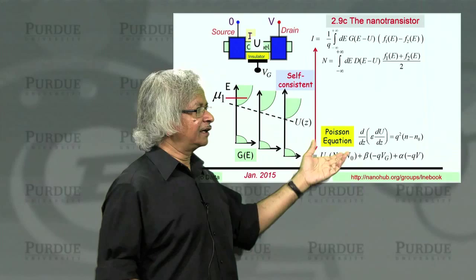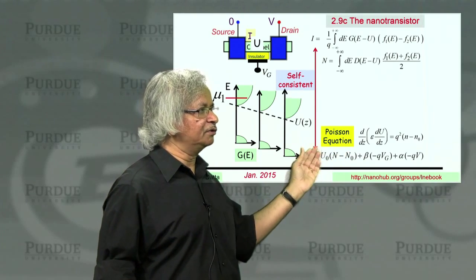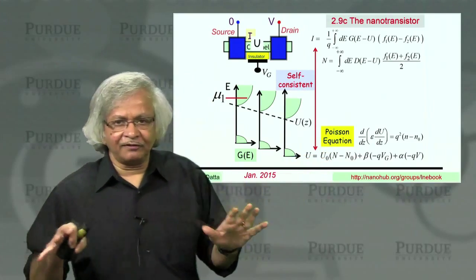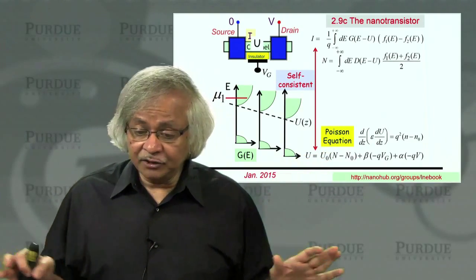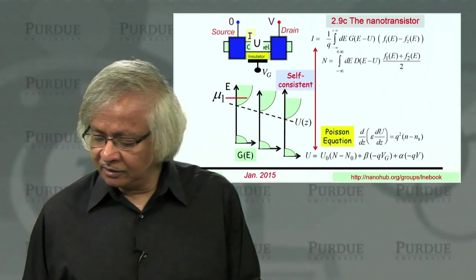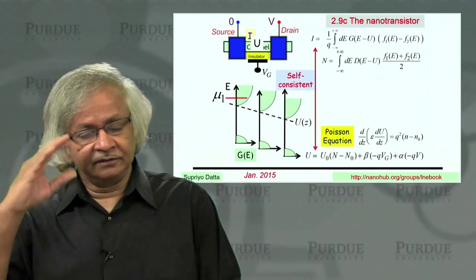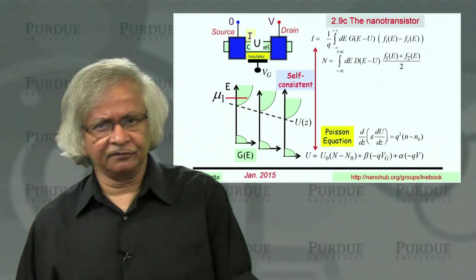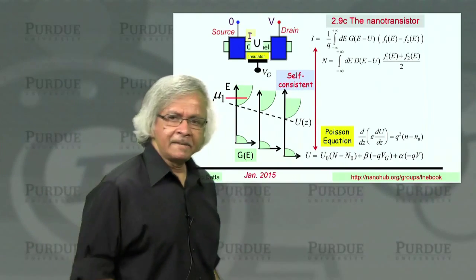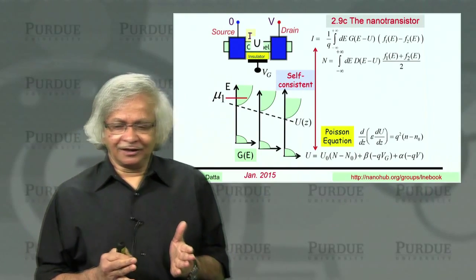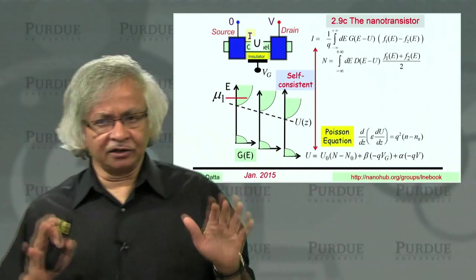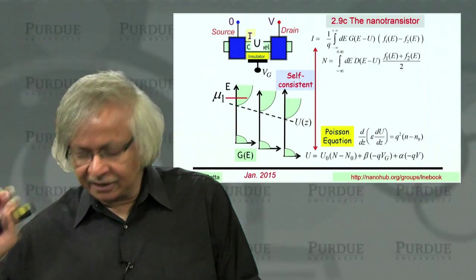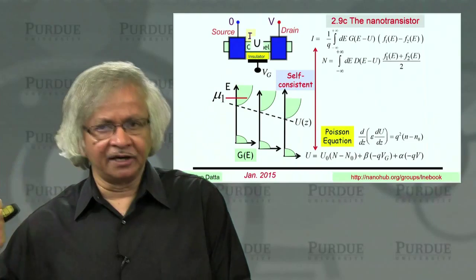We put a single number U, put an algebraic expression to it, just to get a rough idea of what the factors are. And actually with just these few parameters, you can often understand the real observed characteristics fairly well. You can see the physical features quite well. Okay? But if you really want to understand transistors, that's really not the objective of this course. You should take a course that's focused on transistors from an expert.